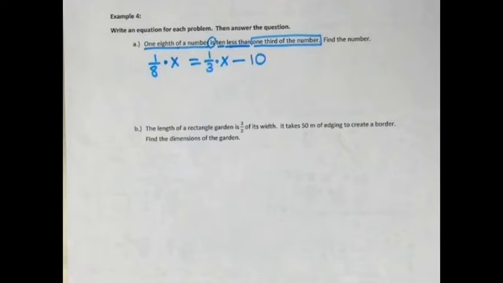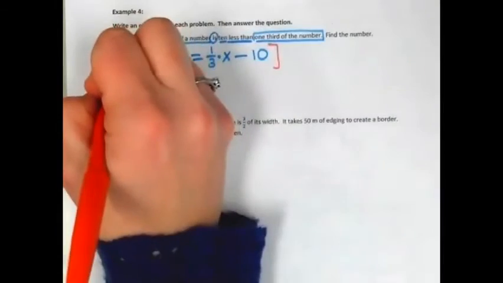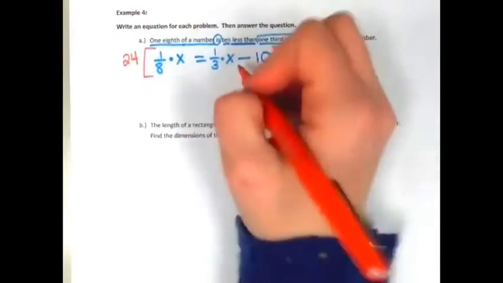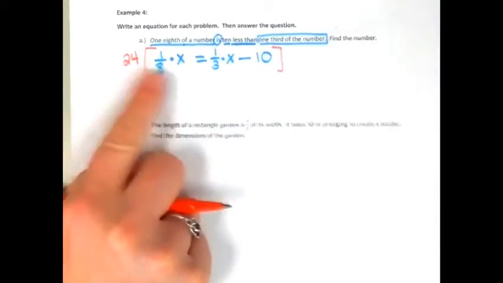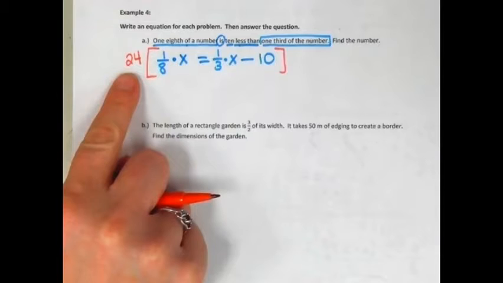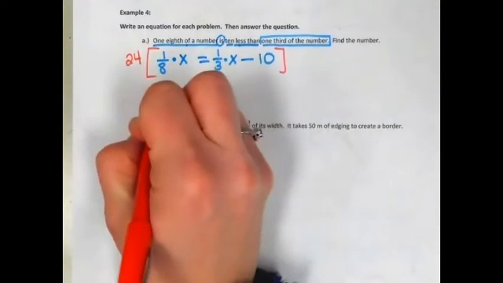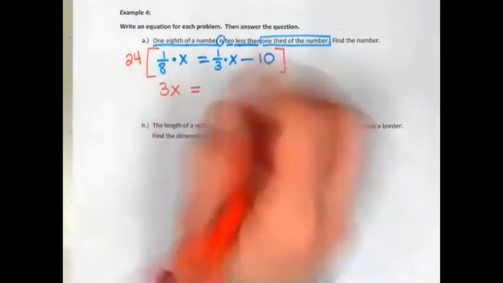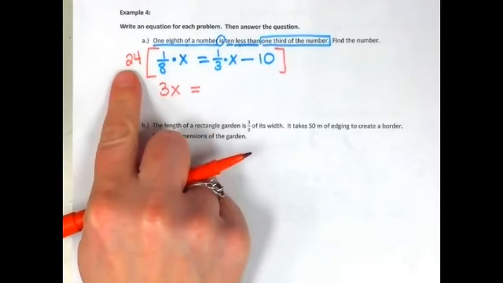Can we solve this? Do you guys like fractions? No. So let's multiply everything by its common denominator. And what's its common denominator? 24. So let's multiply everything by 24. So 1/8 of 24 is what? 3. So we have 3x equals 1/3 of 24,